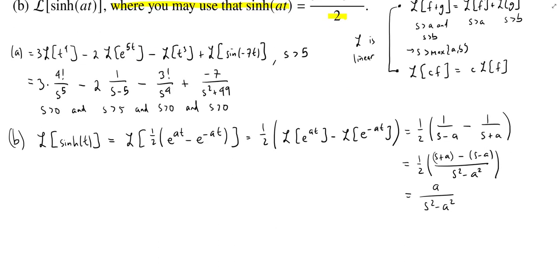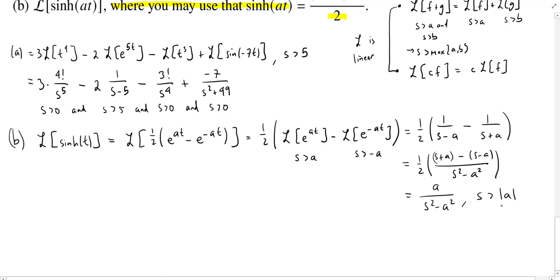Now, of course, there's still this other issue of what is the s. Well, we basically had to compute 2 Laplace transforms to make this work. And for the first one, the assumption is that s has to be greater than a. The second one is that s has to be greater than negative a. Okay, so a could be positive, a could be negative, so one of these is going to be positive, and so what we can do is just say, well, let's make s greater than the absolute value of a,